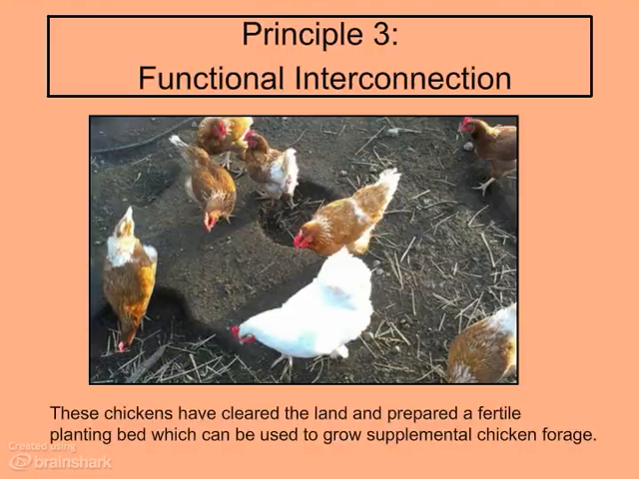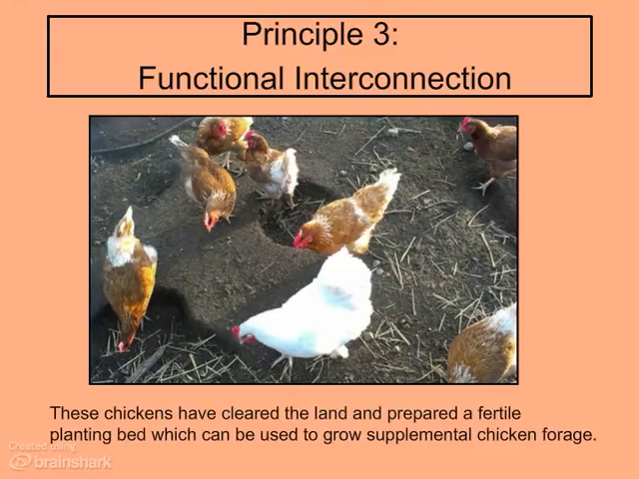Functional interconnection means that garden elements are placed in such a way that the products or waste of one system serves the needs of another. One example of this is setting aside a portion of a chicken run to grow forage crops for the chickens. Forage crops are plants that are grown specifically as food plants for chickens. The ground in the chicken run is prepared for planting by the chickens themselves as they scratch and manure the soil. The area is then sectioned off from the chickens and planted with forages such as wheat, oats, kale, turnips,